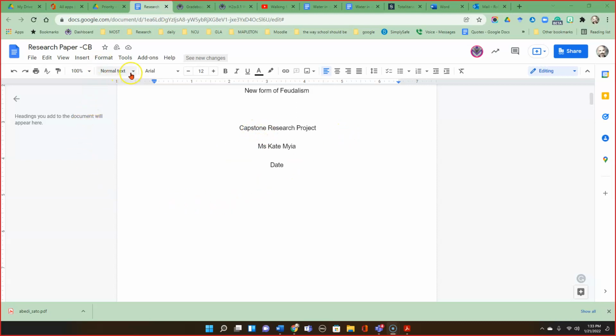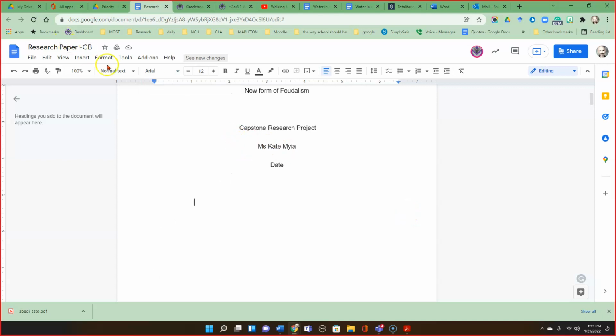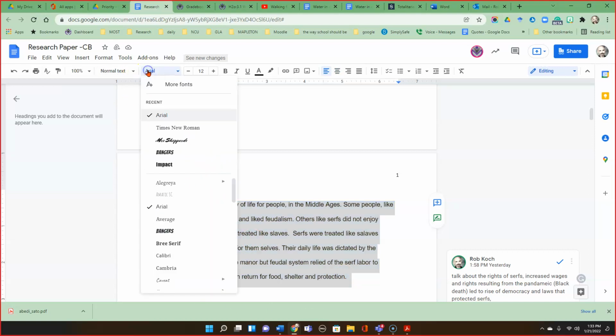So what you can do is you can set up your style. So I want Times New Roman to be my normal style. So I can just take a little piece of text. And I'm going to take a piece of text that's just more standardized, so like this, because it's a paragraph, and I'll show you why. And I'm going to change it to